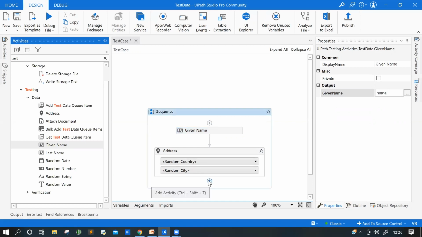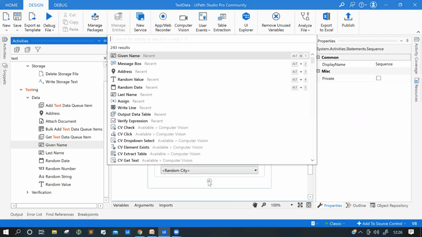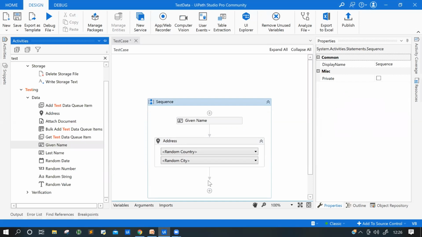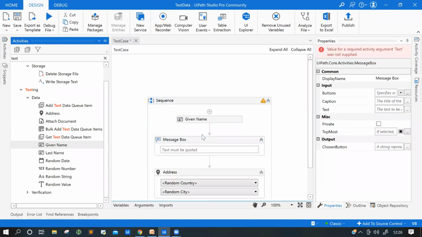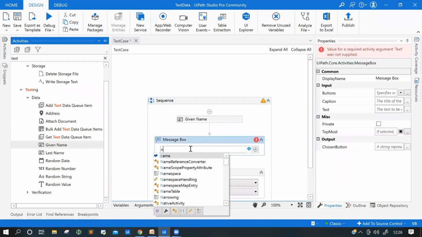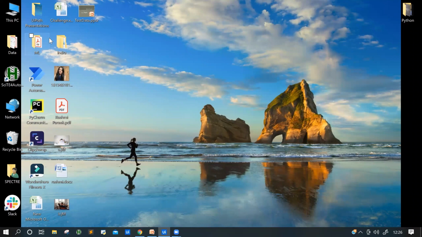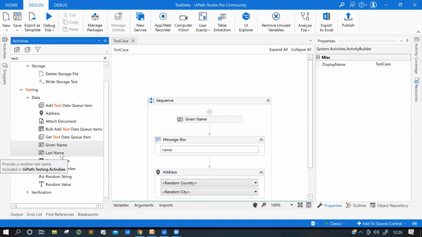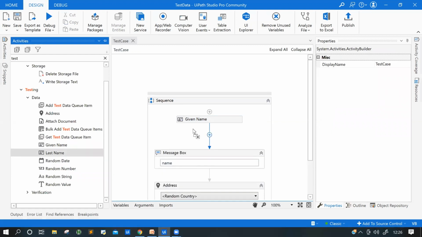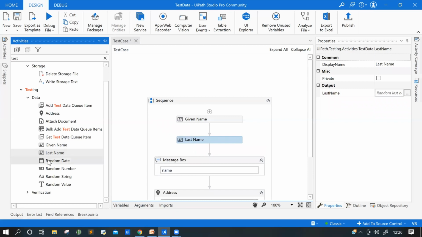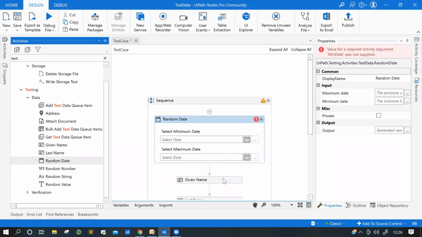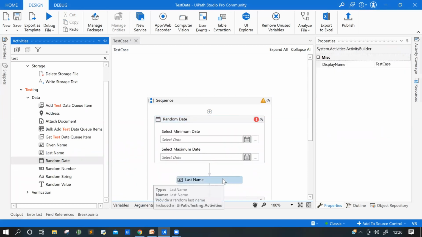Let me just have a message box here permanently, and I can give the name. If I run, I will get some random name. And same with the last name. You just drag and drop, give the last name, and this is also pretty cool. You can try the name and the last name.